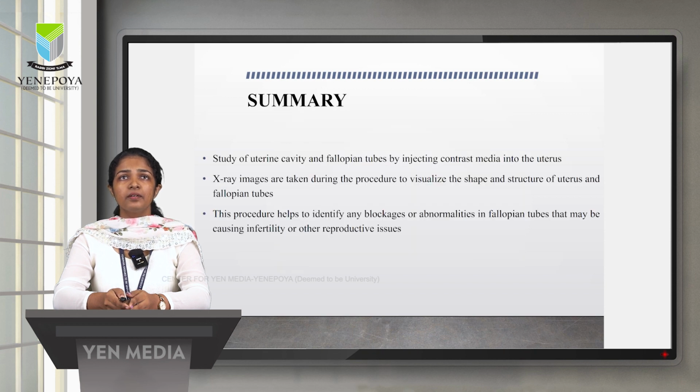So to summarize, HSG, that is hysterosalpingography, is a radiological procedure which is used to study the uterine cavity and fallopian tubes by injecting contrast media into the uterus. X-ray images, that is films, are taken during the procedure to visualize the shape and structure of the uterus and fallopian tubes. This HSG procedure helps to identify any blockages or abnormalities in the fallopian tubes that may be causing infertility or other